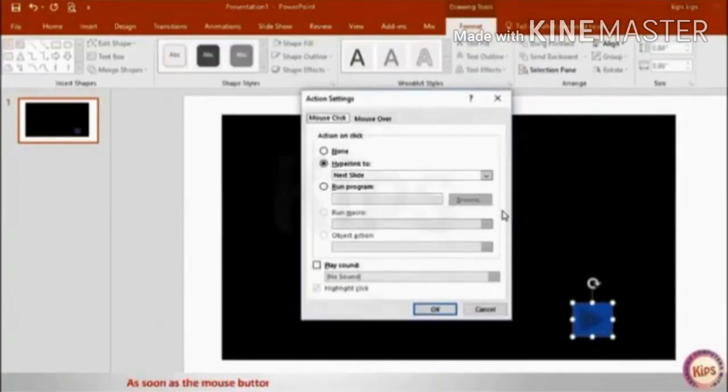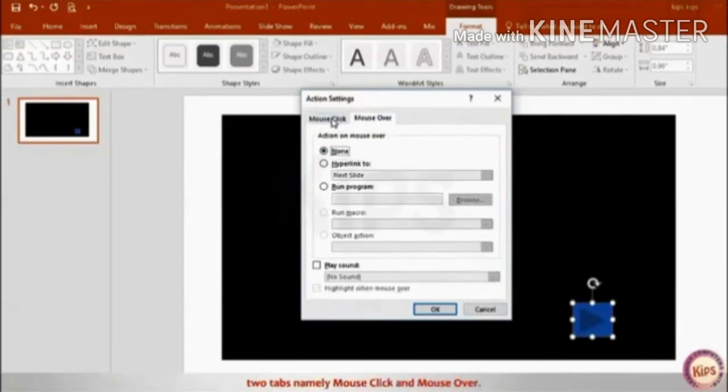Click and drag the mouse diagonally. As soon as the mouse button is released, the action settings dialog box will appear. It has two tabs, namely mouse click and mouse over. By default, the mouse click tab is activated.